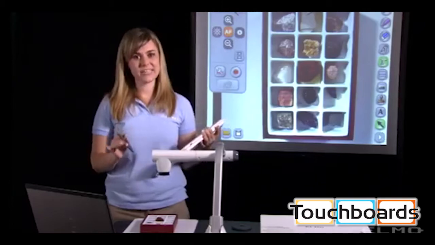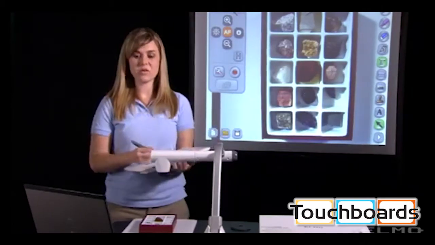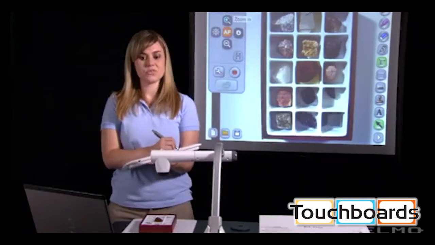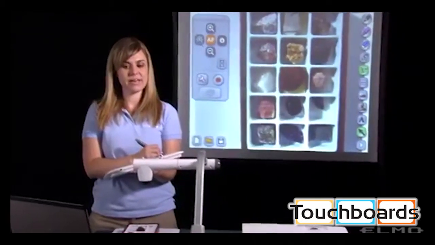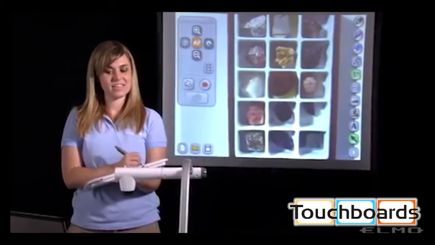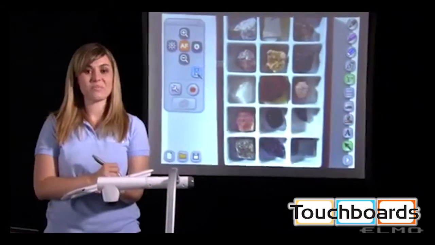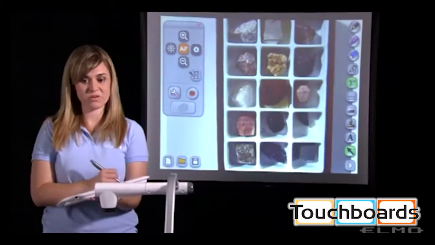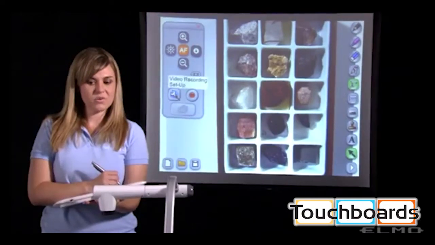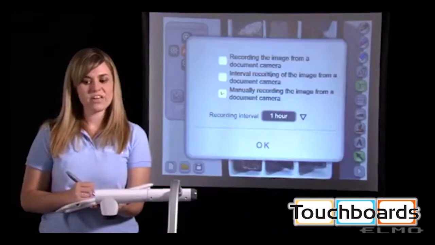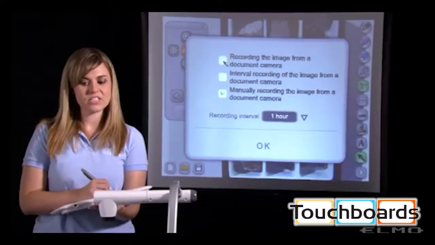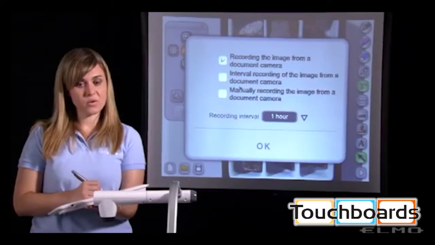In contents creation mode, we'll use the remote control to control the document camera. So we can zoom in and zoom out, focus, adjust the brightness, and pause the image using this remote. Also, we can press this REC button. A window will come up, and now we can do regular video recording,